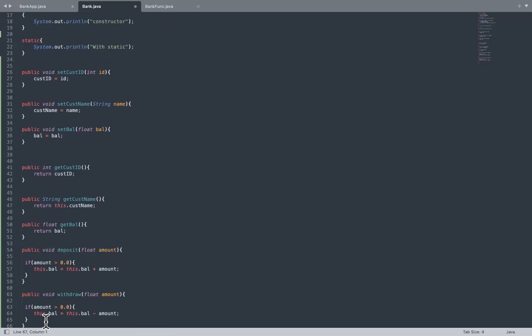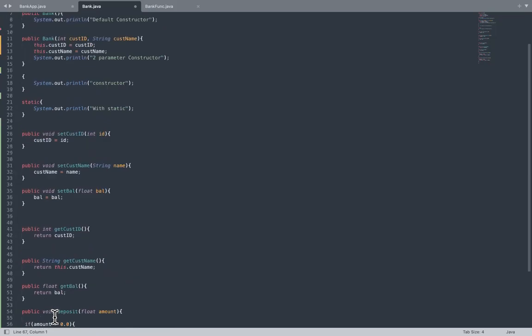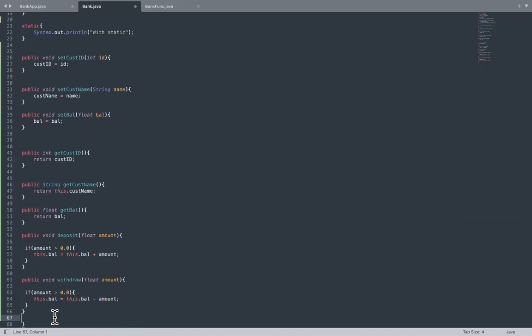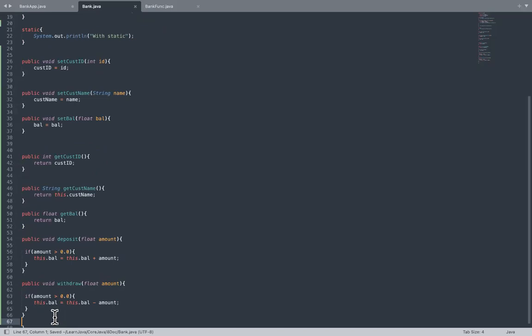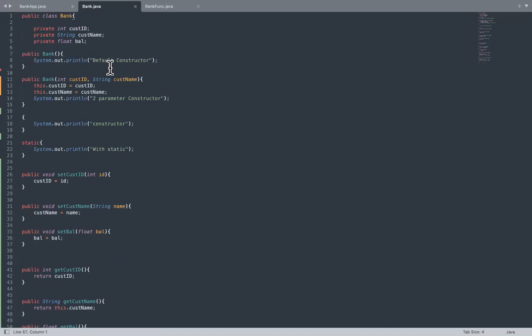How can we do that? Okay, let me share my screen to explain. And before that, whenever you're trying to write your program, always make sure your entire class has something called a package. Can you scroll to the top of your class? Yeah. So right now he just has public class Bank. He doesn't have the package. So we need to have the package here, and we need to use that package predominantly.